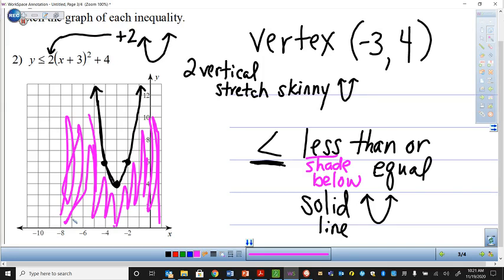All right, so we're going to do some of those. You're going to have a 2-part assignment. I'm going to give you a paper where you're going to graph some of these. And then we're going to try some equation ones where you're just going to have to solve some equations. I'll show you the equations now. Okay, I'm going to